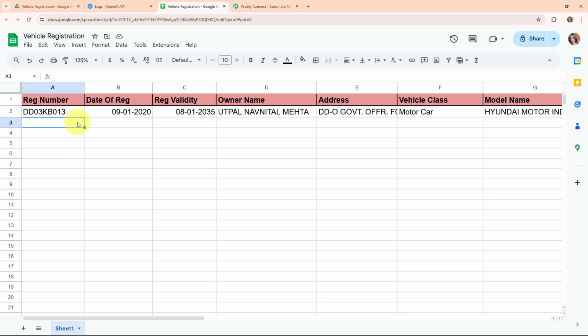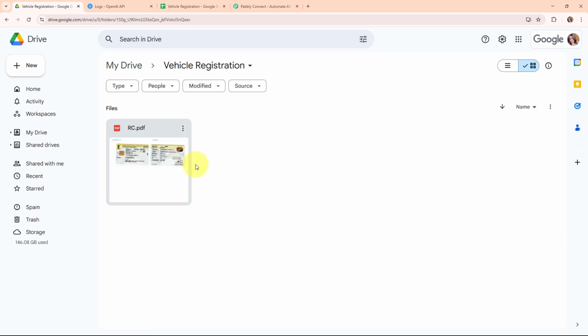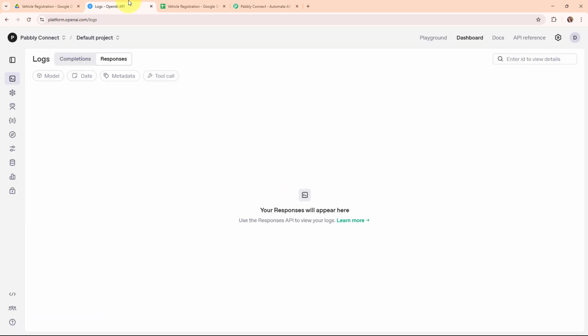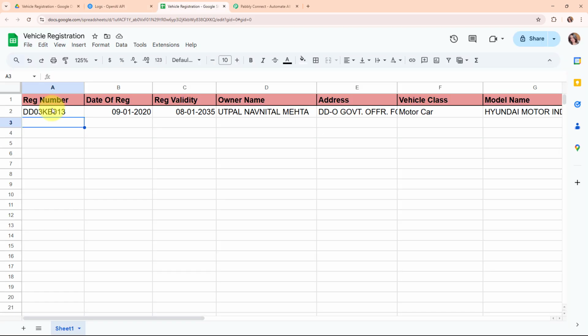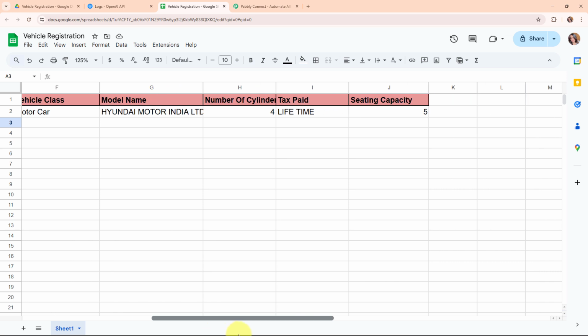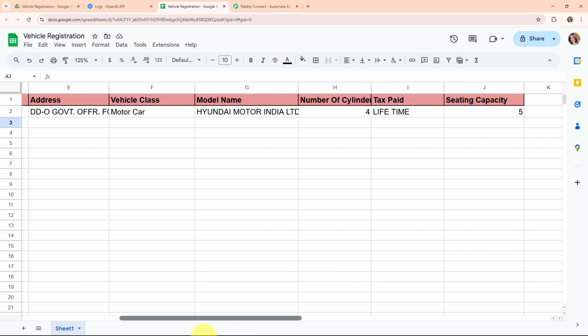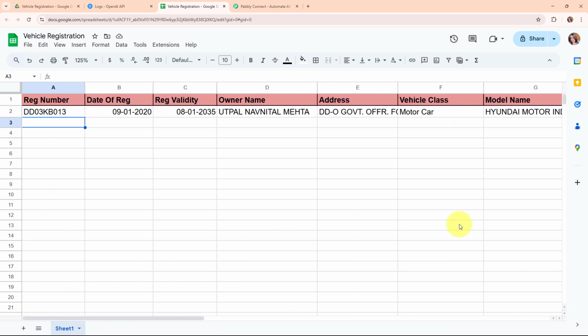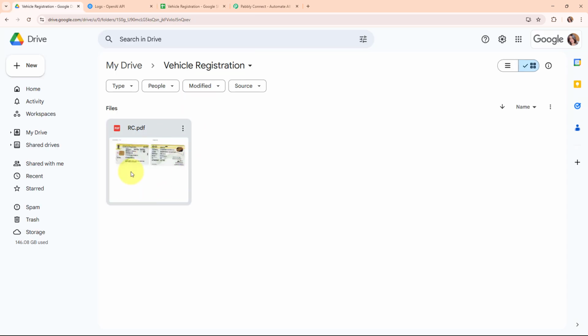Alright, so here on my screen you can see the Google Sheet that I've created with the name vehicle registration, and basically here my objective is that when I'm going to add a new RC in a PDF format in this particular folder in my Google Drive, then automatically using OpenAI it should extract the details from that PDF such as registration number, date of registration, registration validity, owner name, address, vehicle class, model name, number of cylinders, tax speed and the seating capacity. Alright, so here I want to extract all these details from this particular PDF, that means from this RC,